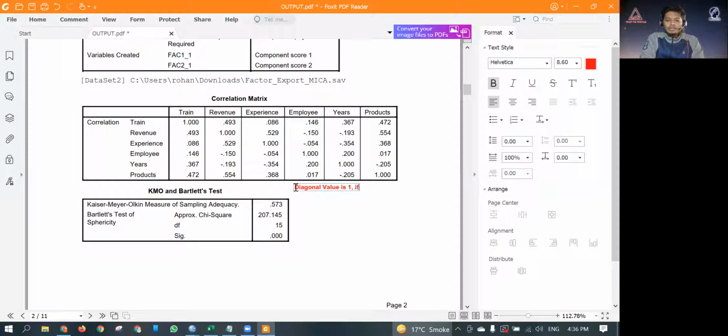If the rest were 0, then it would be an identity matrix, but since it's not 0, it's not an identity matrix. Now you can see the training versus revenue correlation is 0.493, and likewise for training and experience and everything else.